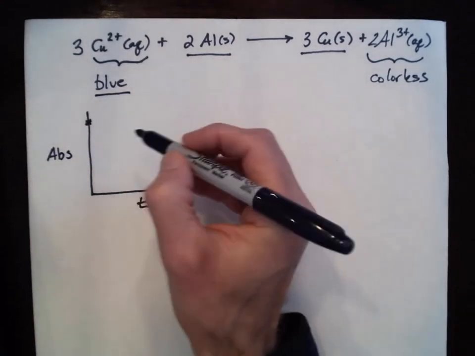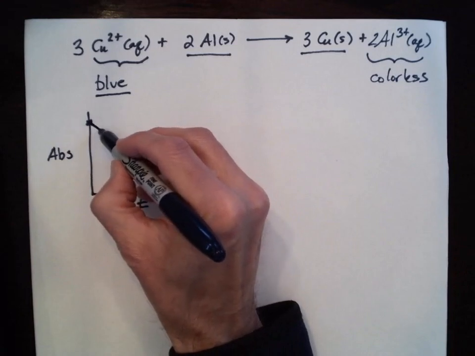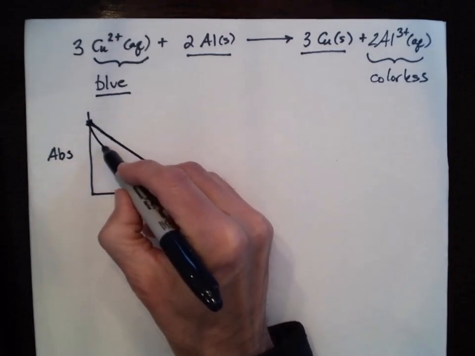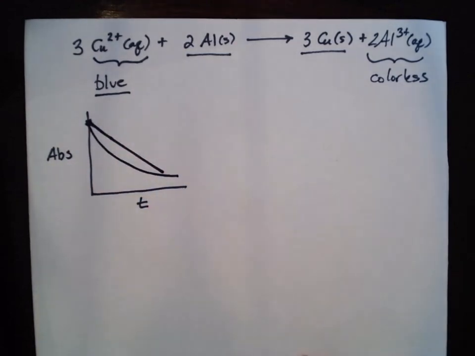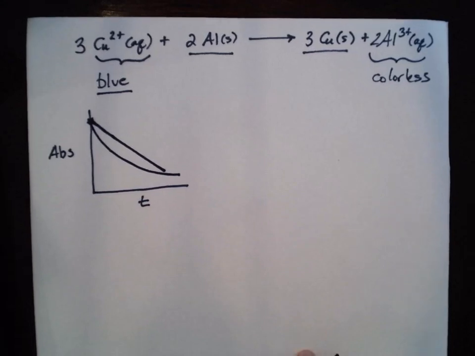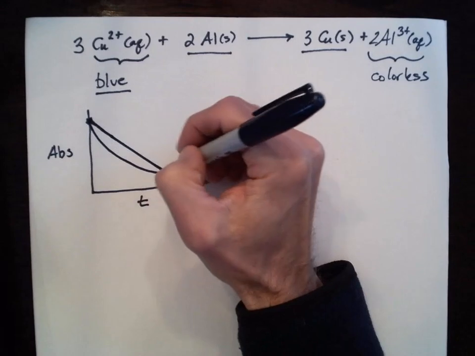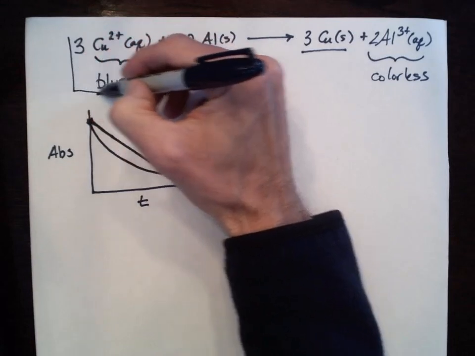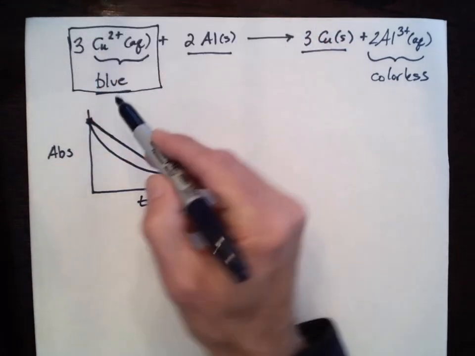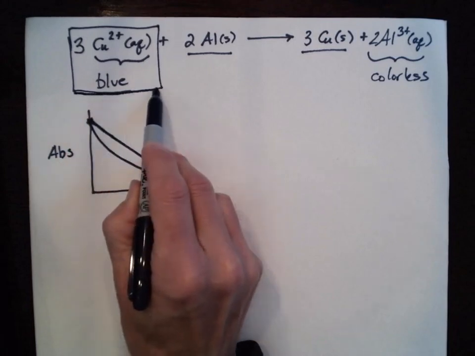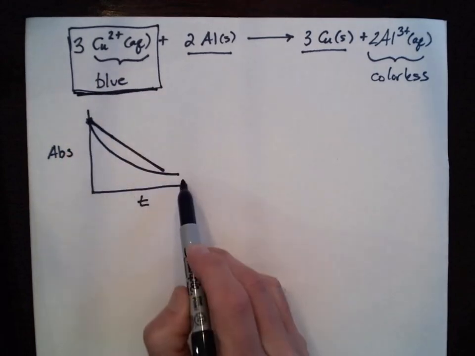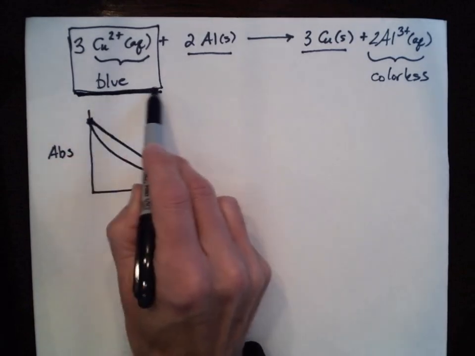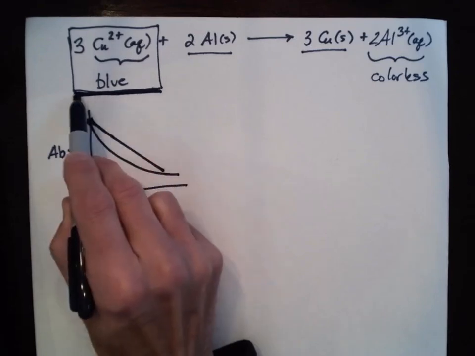Now, the way it drops could go a whole bunch of different ways. It might look something like this. It might be linear, or it might follow some pathway like this, where it kind of tails off. And what we learn is that by analyzing the way that the blue color disappears, which corresponds to the concentration of copper 2 ion, the way the concentration of the copper 2 ion changes with time gives us insight into the order of the reaction,